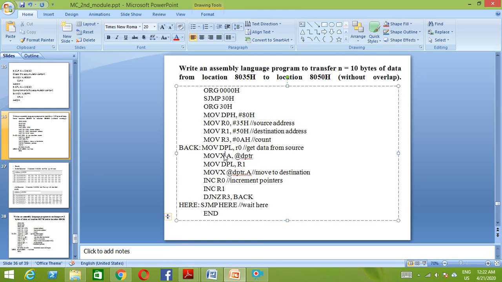Then one more thing here: it is given as MOVX. We are going to copy the data from external data memory, so that's why we are using MOVX A, @DPTR, right? So we are seeing the concepts of MOVC, normal MOV and MOVX, and when these are used. So after this,